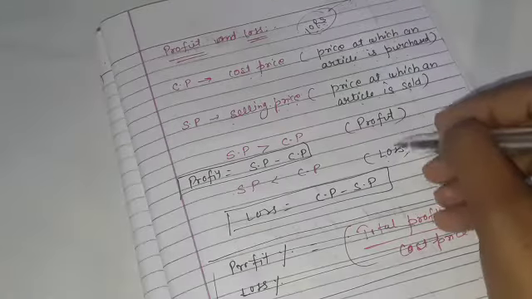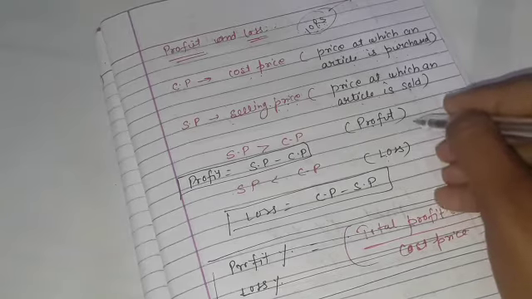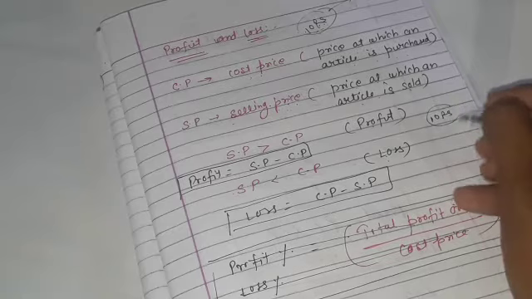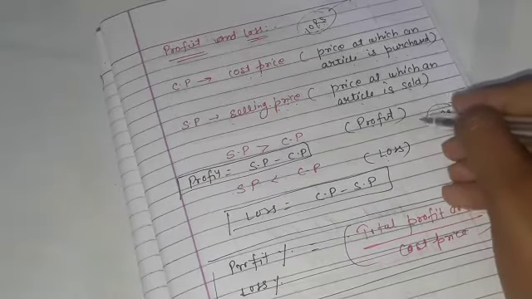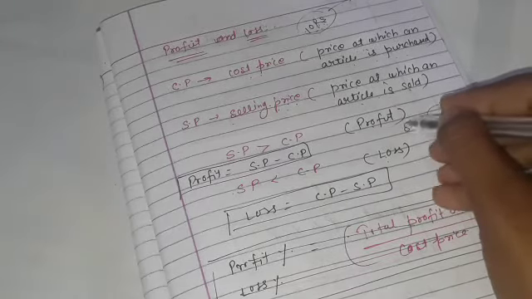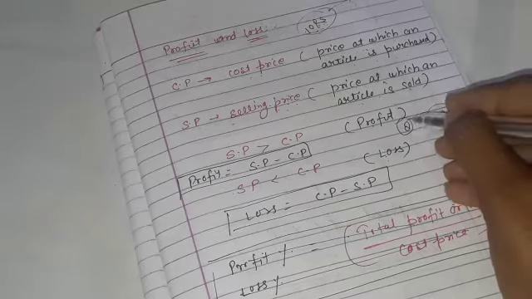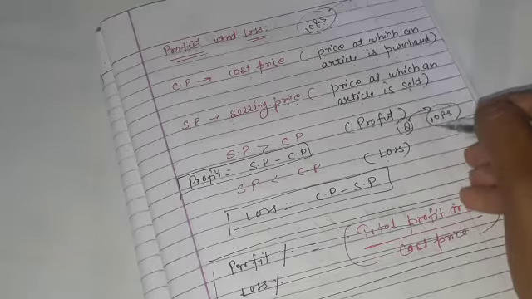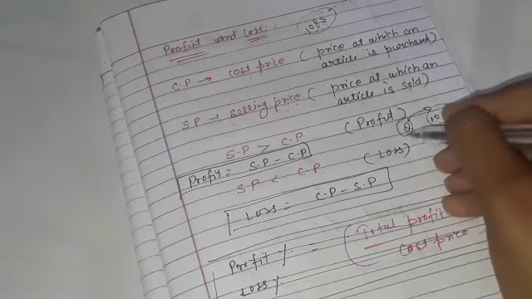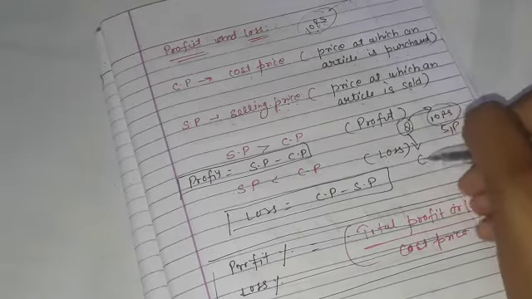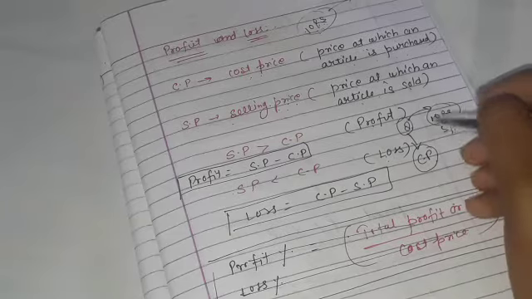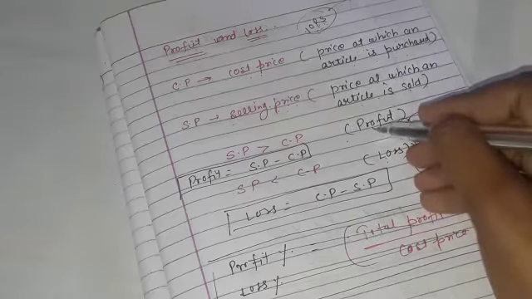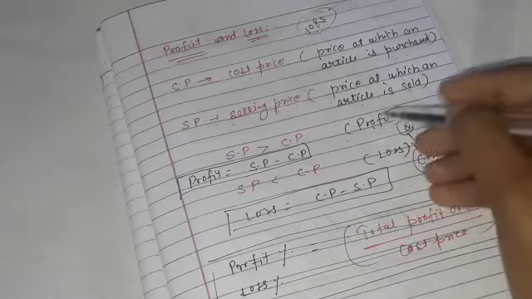So class, if I am talking about profit and loss, if I am talking about a shopkeeper, the pen which you buy from the shopkeeper for 10 rupees, suppose the shopkeeper got that pen for 8 rupees and he sells that pen for 10 rupees. Do you understand? This is your selling price, but for the shopkeeper 8 rupees is his cost price. So class, when selling price is more than cost price, then we can say we make a profit.